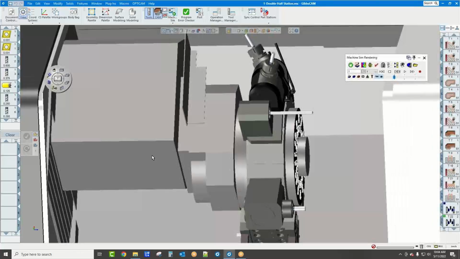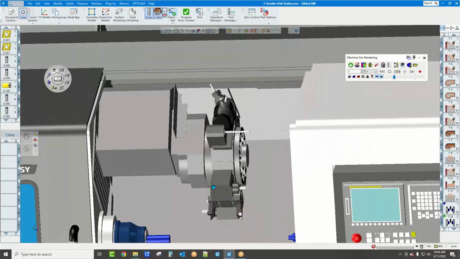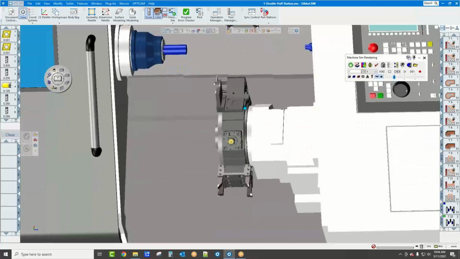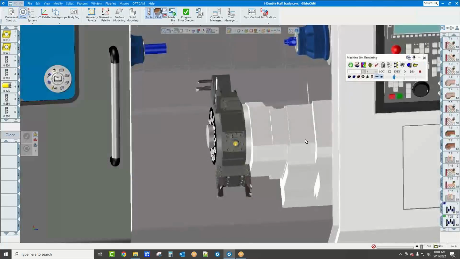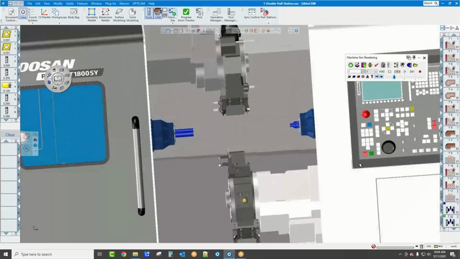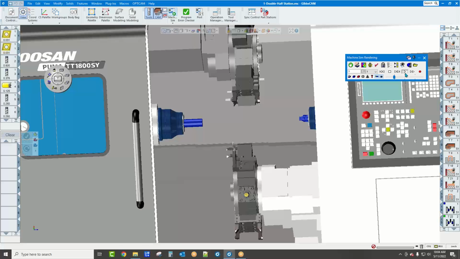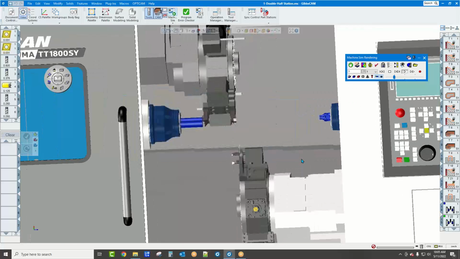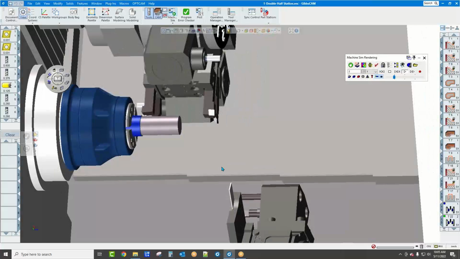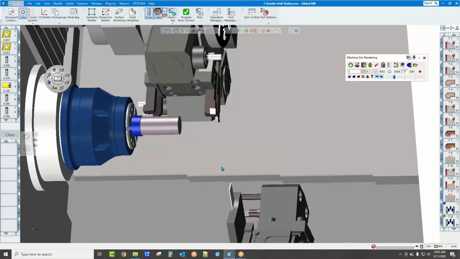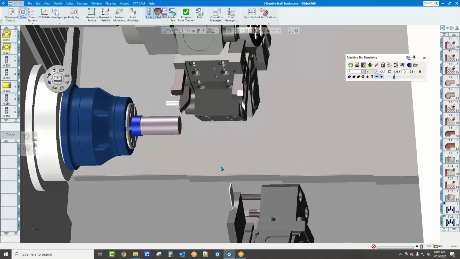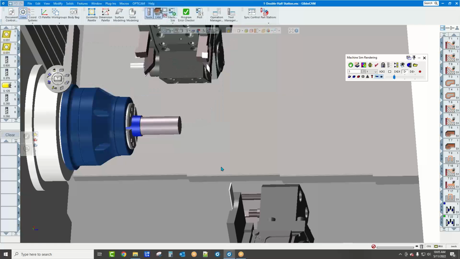This particular one has 3 right angle heads on the job. There's one on the lower turret. It's probably on the back side, I believe. But at any rate, I'll go ahead and simulate. And this is what intermediate tooling is all about, is just giving us that capability. There's the half station,